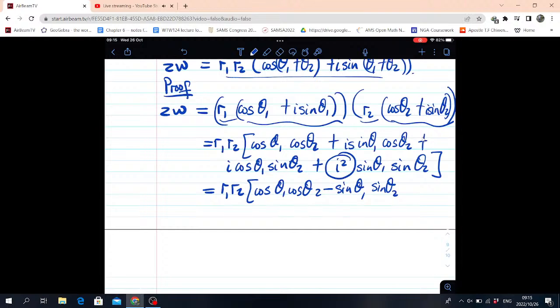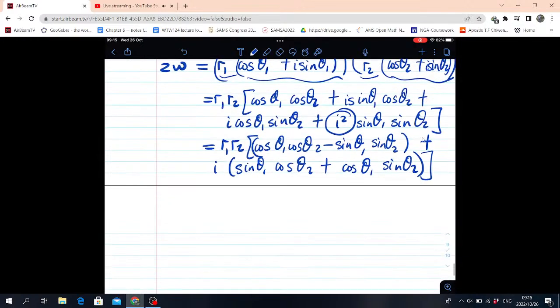So that's the real part. And then the imaginary part is going to be i times (sine theta 1 cos theta 2 plus cos theta 1 sine theta 2). And that's what we have, right? But we know something about